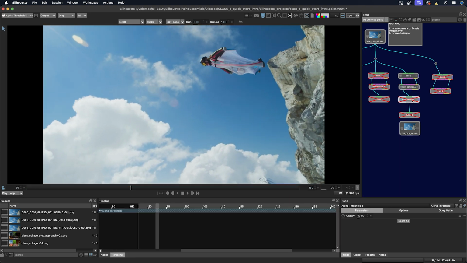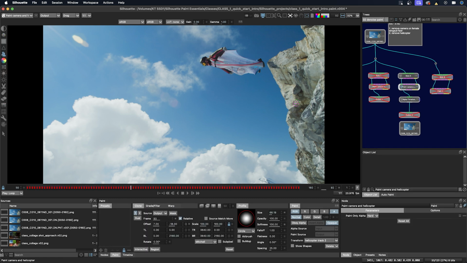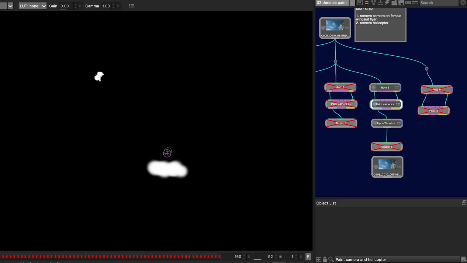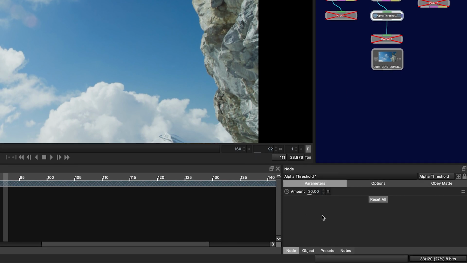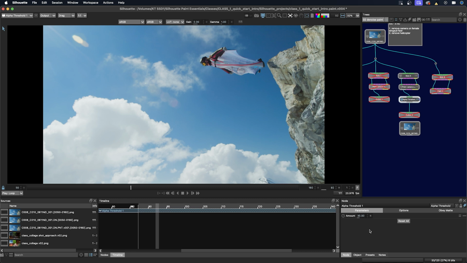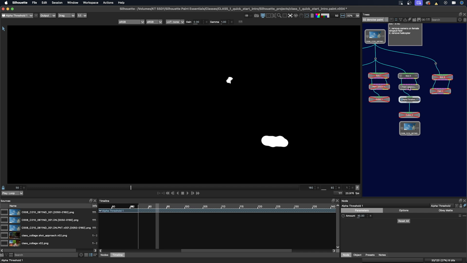So now I'm going to disable the rest of these nodes, or enable them. After my paint node here, let's take a look at the alpha. If I click A, you can see I have some soft edges here, but I want my alpha to have hard edges, and that the alpha goes all the way to the last transparent pixel. So if I add the alpha threshold here, I can just change that value. The default value is 50, but I lowered it to 30. Lowering the threshold value will turn more pixels to white, so it's going to just remove that opacity at the edges. If I click A here, you can see the alpha. We'll go to the painted node here, and now you can see the result.